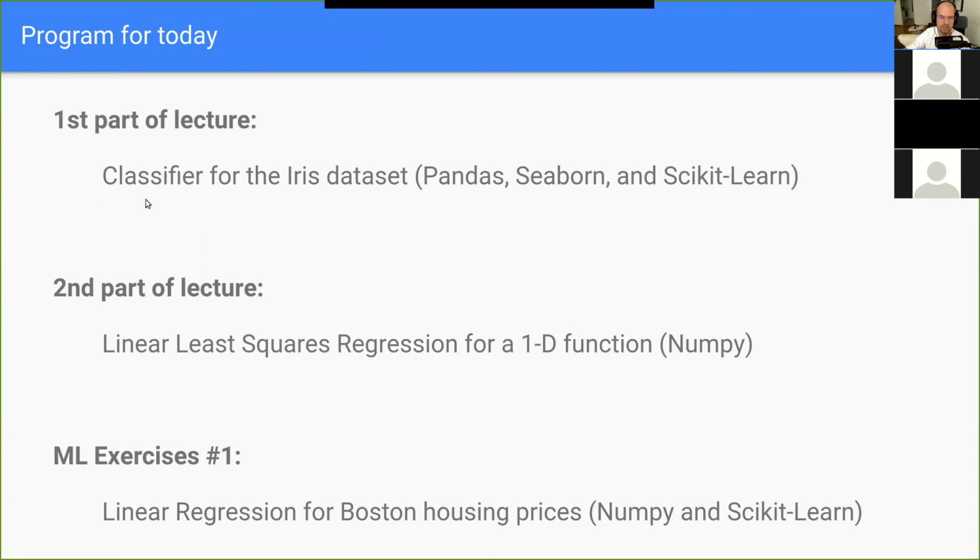The first part of the lecture is making a classifier for something called the iris data set, which I will give you an introduction to shortly. For that, we're going to use 3 new Python frameworks, which are very handy for machine learning. They are called Pandas, Seaborn and Scikit-learn, and I will demonstrate how to use them.